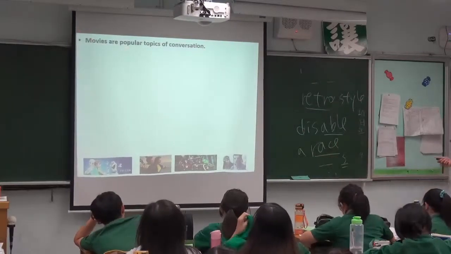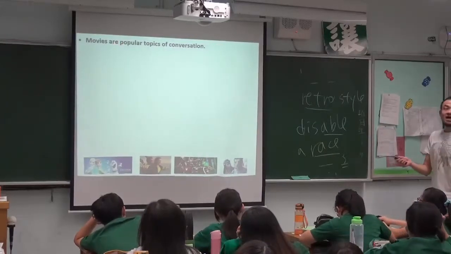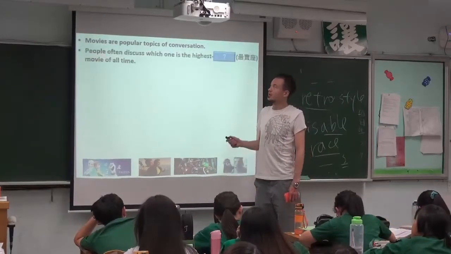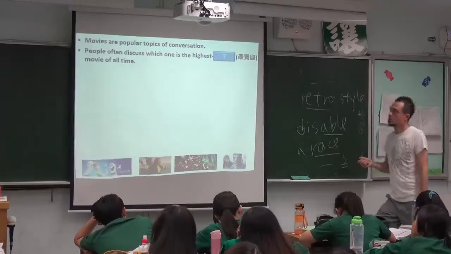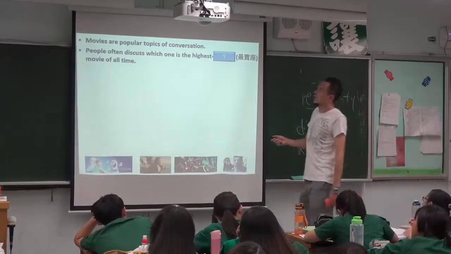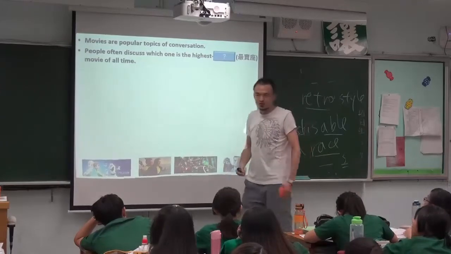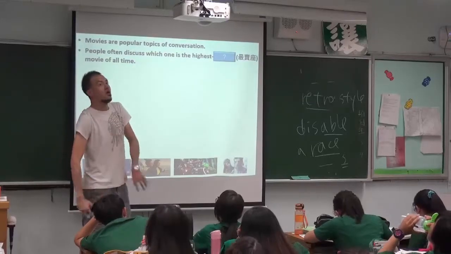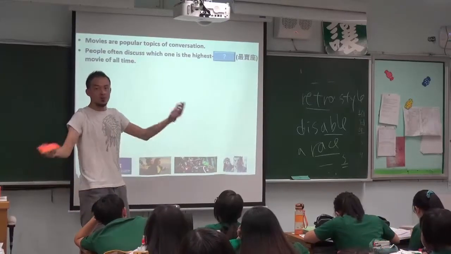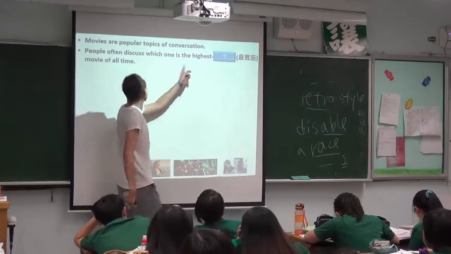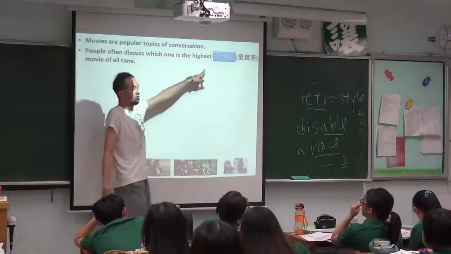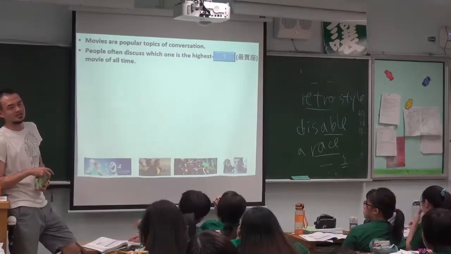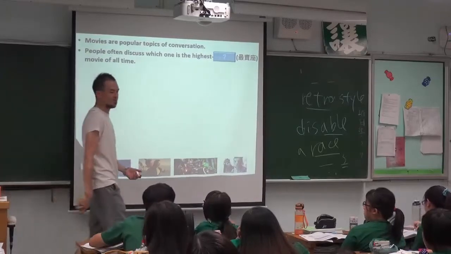The first one. Could you please read it? Movies are popular topics of conversation. I ask you, do you like watching movies? Yeah, okay. Like here, people often. Please read it. People often. Which one is the highest grossing movie of all time? 这个动词可以学一下。you can say best selling. 如果大家以前学过那个卖最好，你可以说 the book is the best selling one in Taiwan right now. 在台湾是最卖座的书。可这个地方，如果你这边已经加 movie，然后这边是 highest 有个动词 G 开头。If you say ants are disgusting, 蚂蚁很恶心。G 开头那个就是 ants are